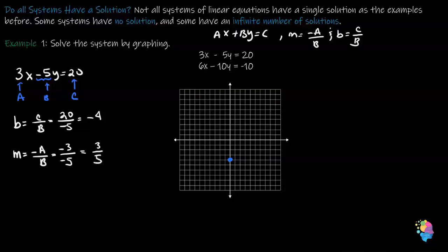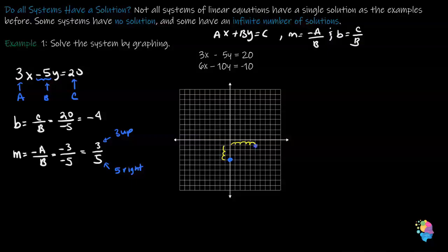5. That means that our rise is 3, so we're going to move 3 up, and our run is 5, so we're going to move 5 to the right because they're both positive. So that makes it 1, 2, 3 up, and then 1, 2, 3, 4, 5, and that's where we plot